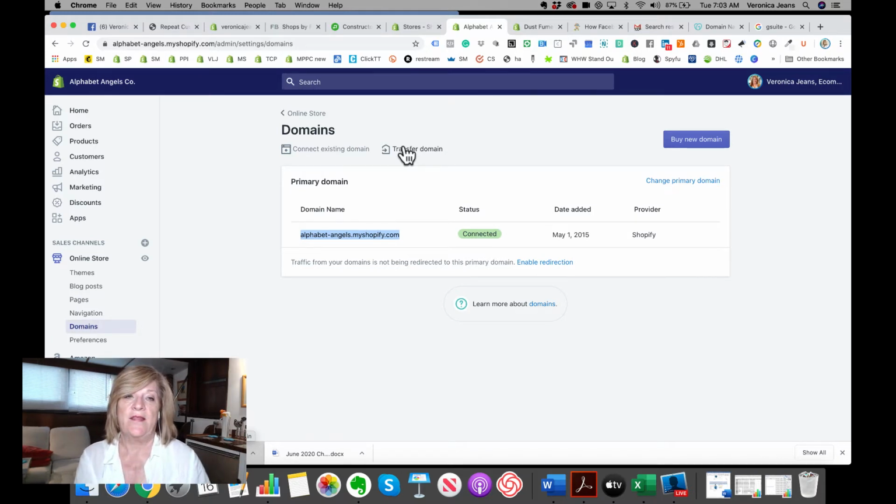Okay, and then you can buy a domain, and I know from GoDaddy, for instance, it's $11.99 for the first year, and from Shopify is $14.99, but after the second year you pay more at, say for instance, GoDaddy, which is a domain host.